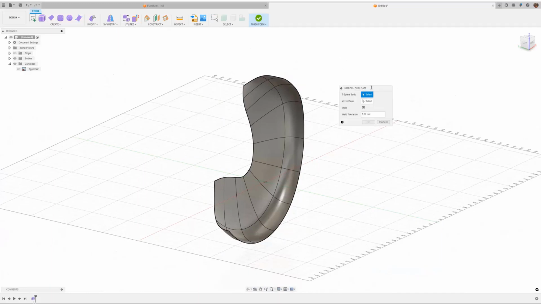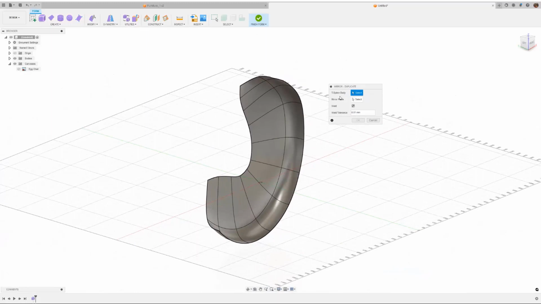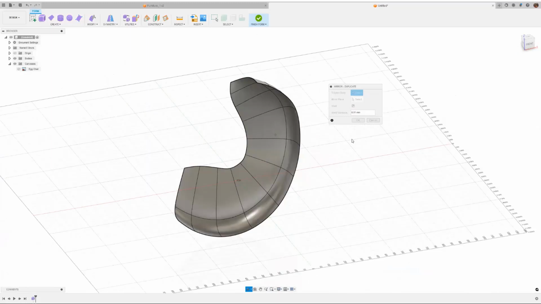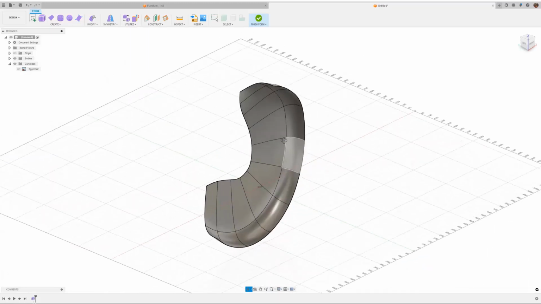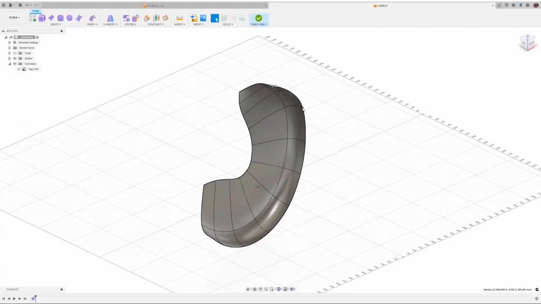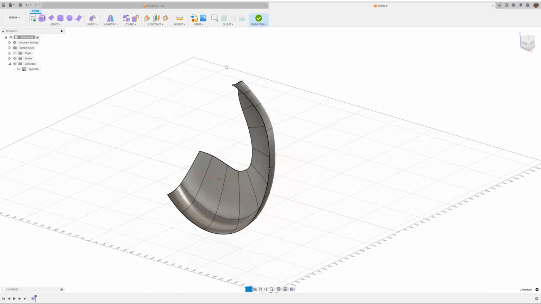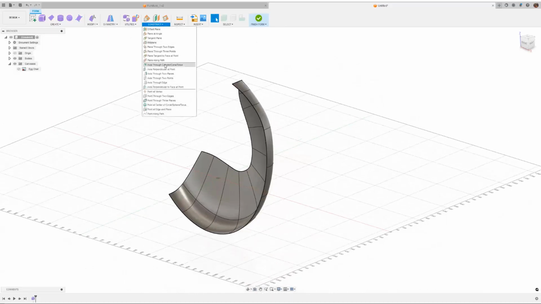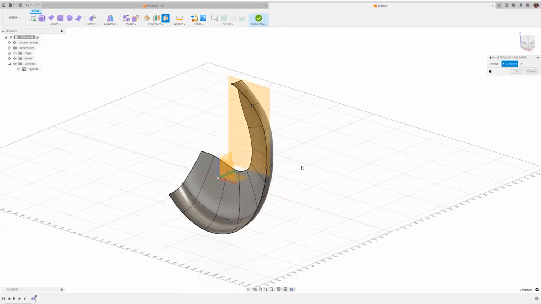Let me show you the mirror duplicate command. It wants us to select a T-spline body and a mirror plane. For now, we don't have any mirror plane. To get a mirror plane, we can use the construct panel, and there are so many commands that we can use, but the one that we need to get the right plane for this model will be the plane through 3 points, because we have so many points to select. And if you select 3 points, as I show you, we will get the right plane. Let's go with plane through 3 points. Select 1, 2, 3